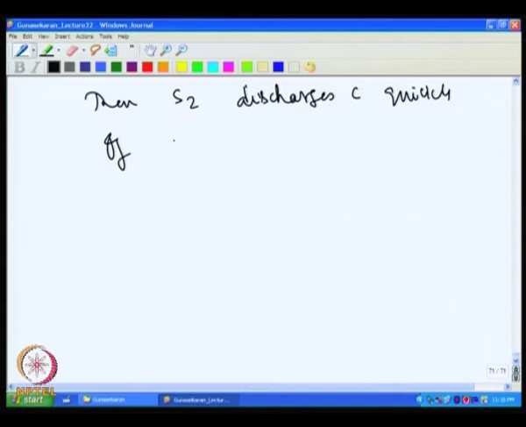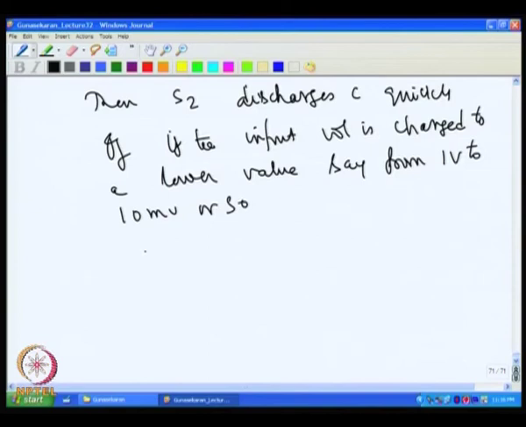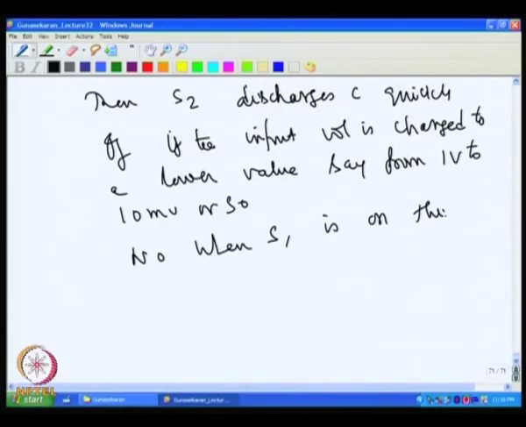Now, if the input voltage is changed to a lower value, let us say from 1 volt to 10 millivolt or so, when S1 is on, this 10 millivolt will deliver a small charge to C,